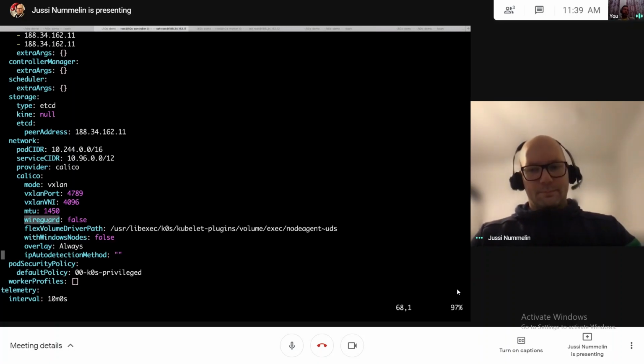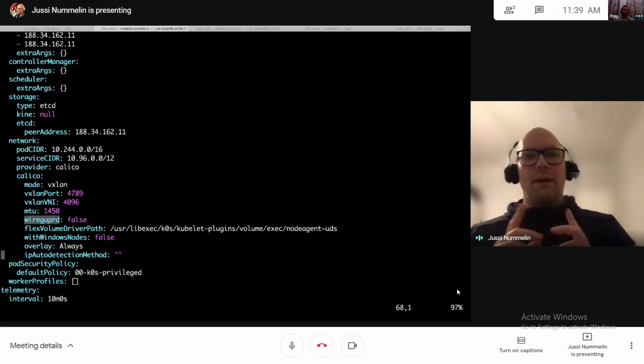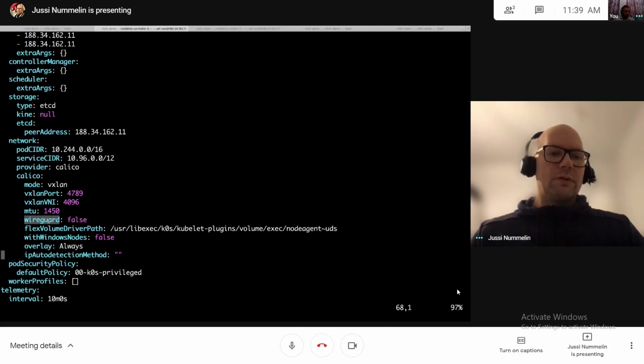Okay. So for K0s, we can run it on Windows and Linux as well. Is it? Yes. But on Windows we only support the worker parts. Okay, worker parts. For the control plane part, you have to have a Linux virtual machine somewhere, so you manage the cluster for yourself.